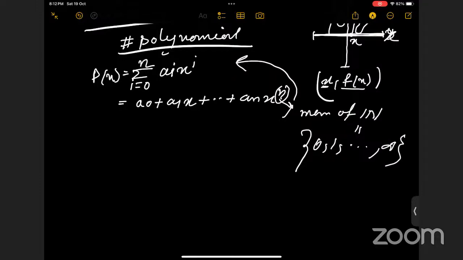The coefficients, these are called the coefficients of the polynomial. These are basically members of the real numbers, right? Because for the polynomial p,